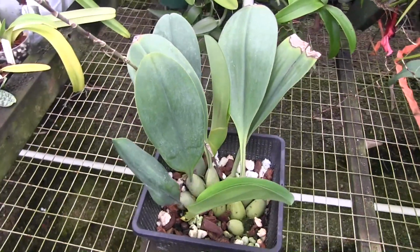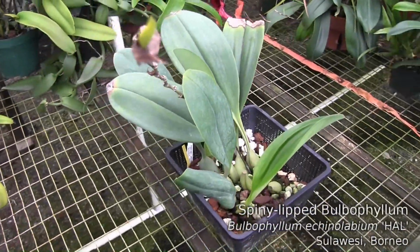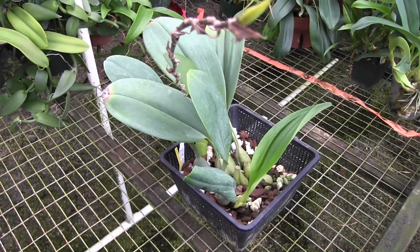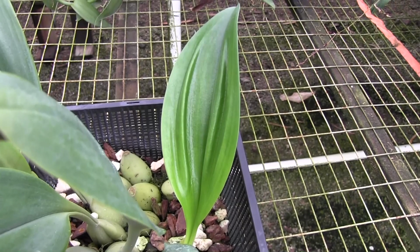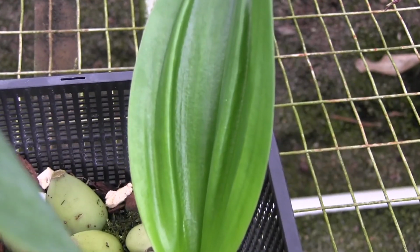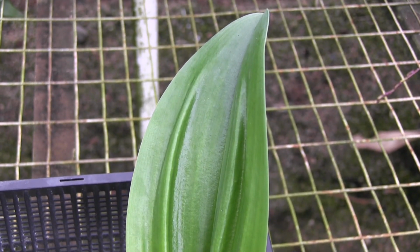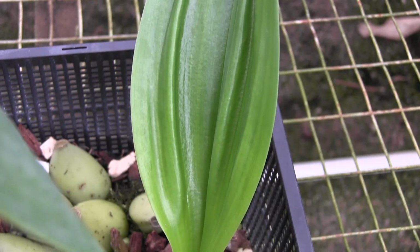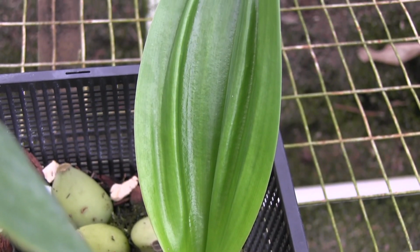Another Bulbophyllum, one of my favorites. This is Hal, the Echinolabium. And its spike, as you can see, has kind of terminated. It's done blooming, and Hal's going to work on growth right now. He's putting out 2 really big leaves, and this leaf was so big that it came out wrinkled. But I'm thinking that as the leaf expands, those wrinkles will disappear, and it'll just be a